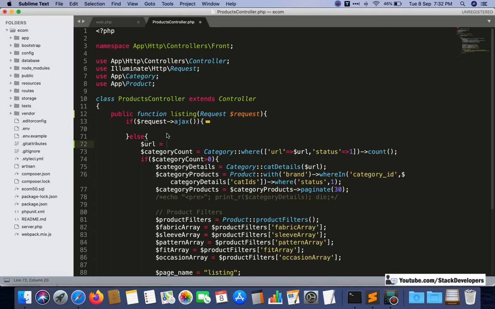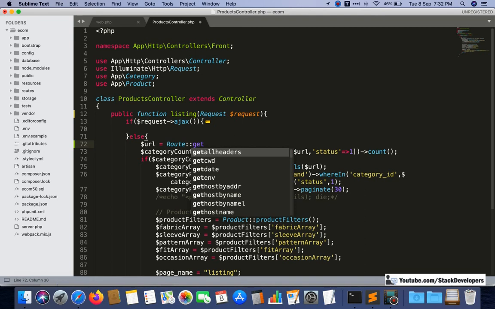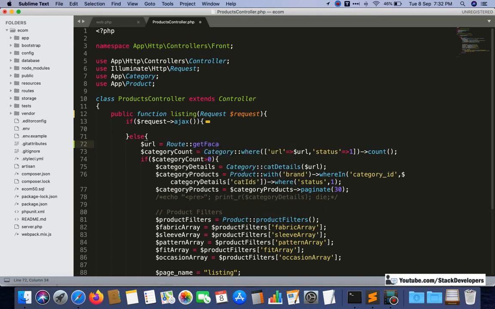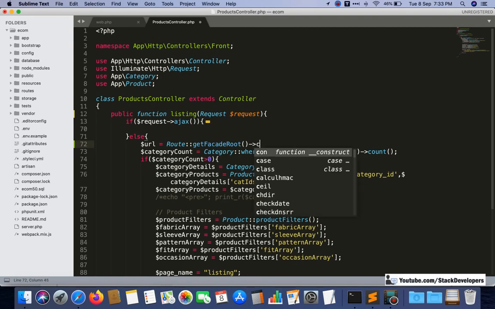For that there is one way to get it, the route facade. This is the way we can get the current URL from Laravel, like this. Then current